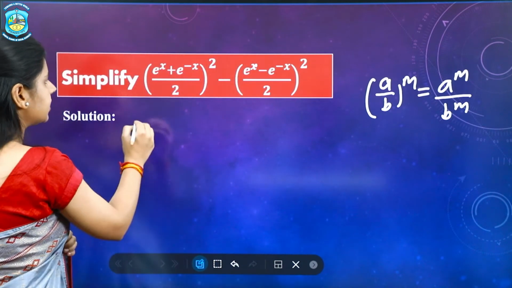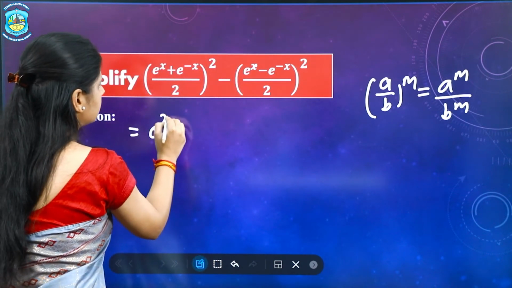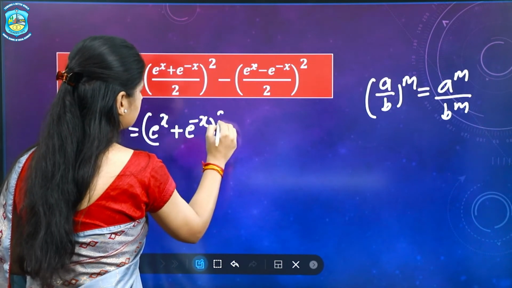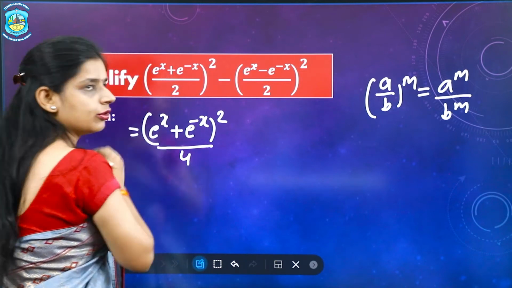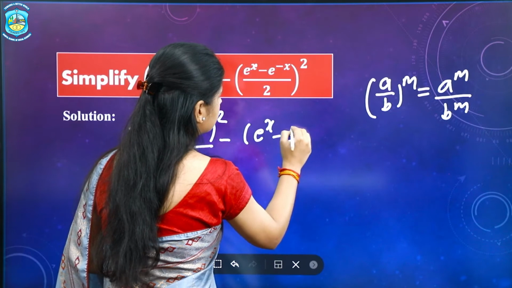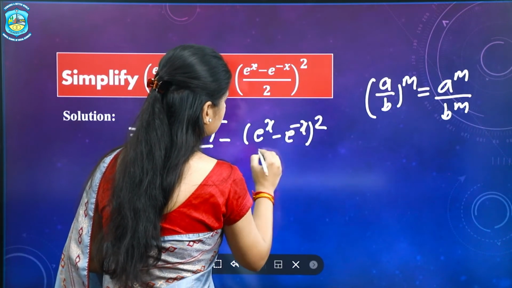The value of this expression will be equal to (e^x + e^(-x))^2 upon 4 minus (e^x - e^(-x))^2